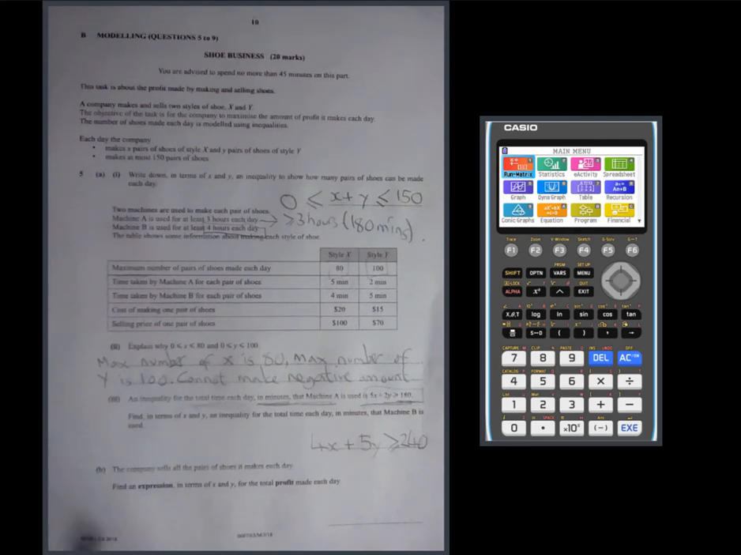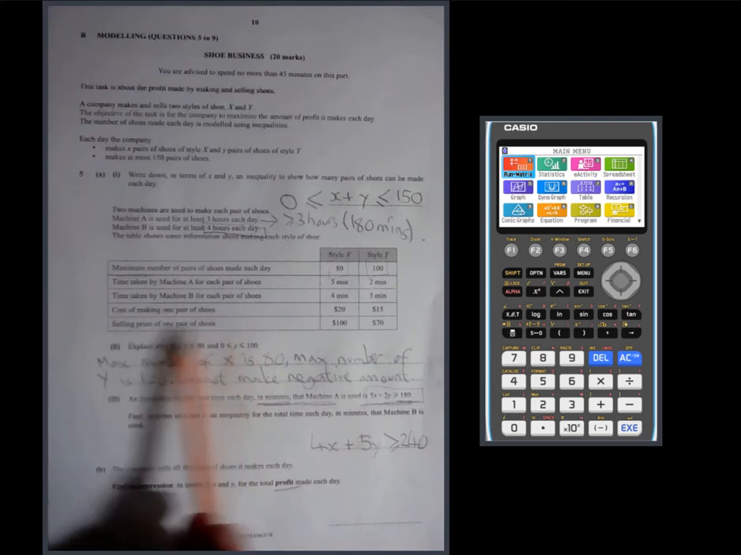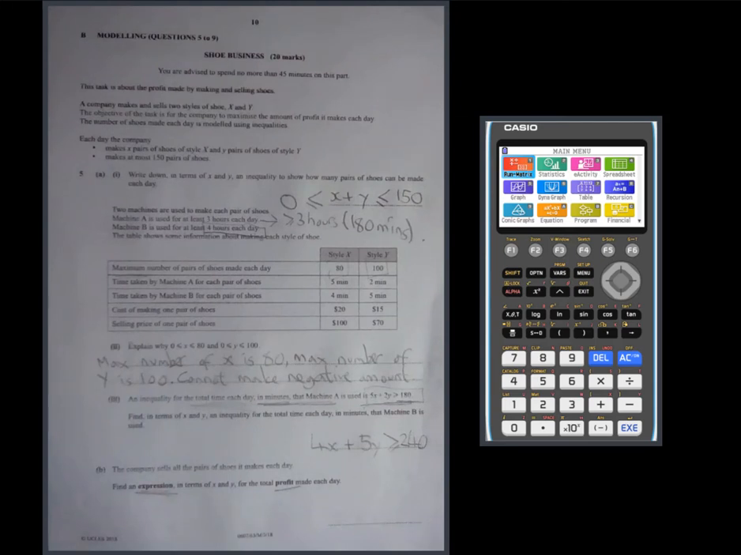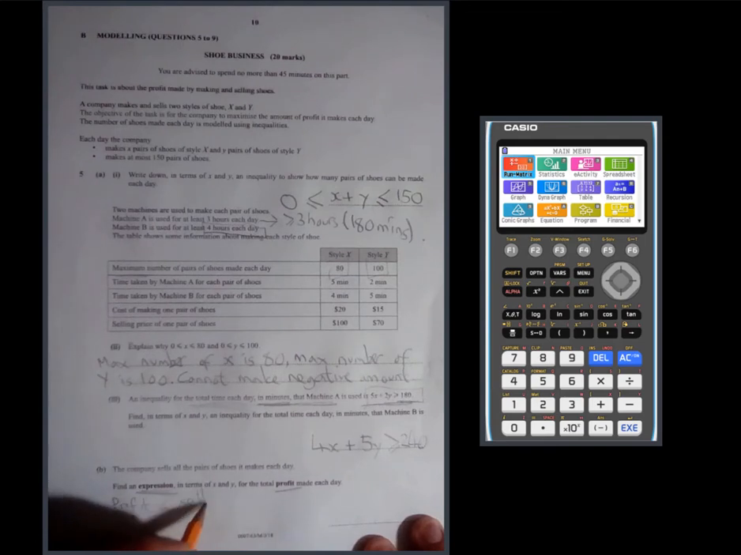The company sells all the pairs of shoes it makes each day. Find an expression in terms of X and Y for the total profit made each day. If you look in this table, you cannot see anything that says profit, but if you look at the last 2 rows, you can see one is cost and one is selling price. So hopefully you know that the profit is selling price minus cost price. So profit equals selling price